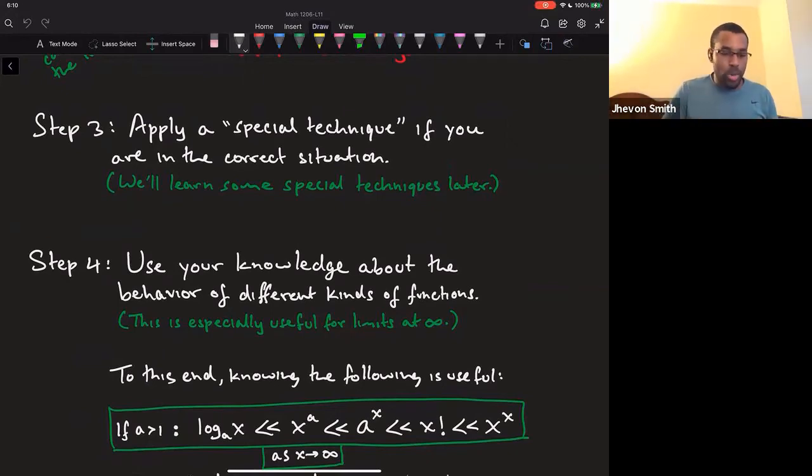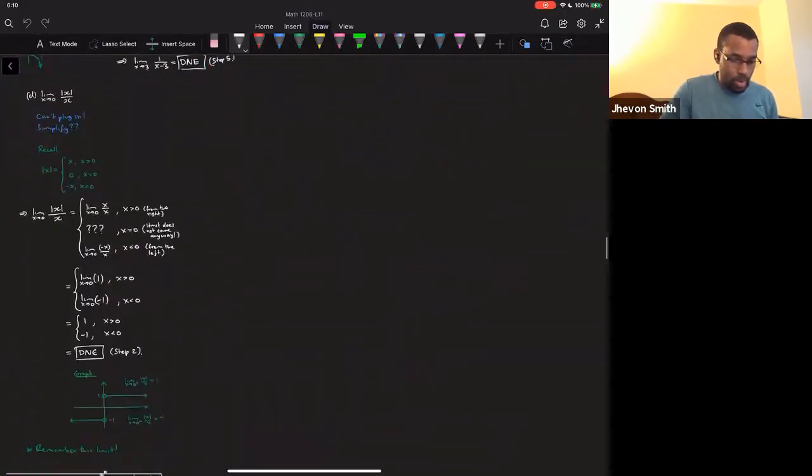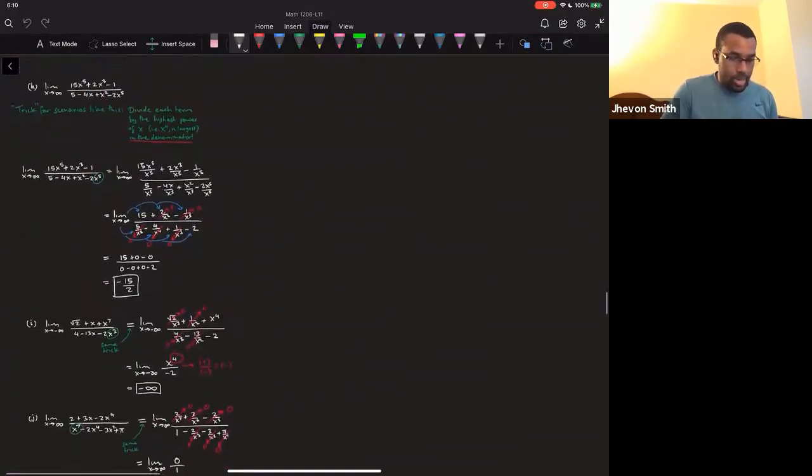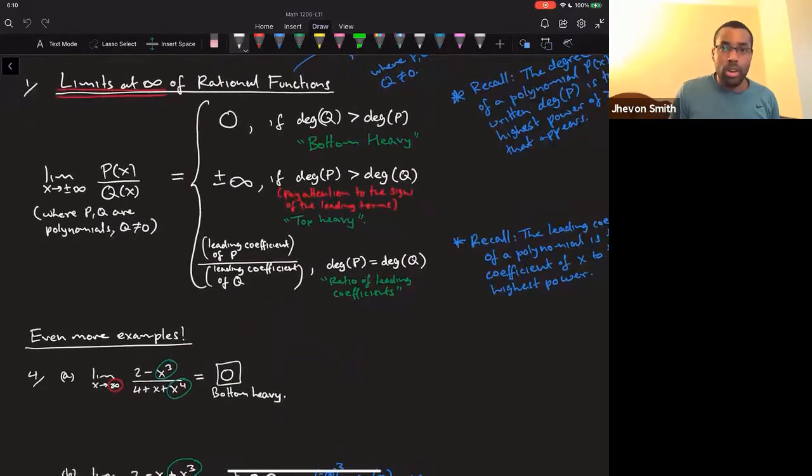And in step 3, we had several special techniques. By the way, we're going to get some more. We had the limits at infinity of rational functions. If you have a ratio of polynomials, you can figure out what's going on based on the powers in those polynomials. If the highest power is on the bottom, it's going to go to 0. If the highest power is on the top, it's going to go to plus or minus infinity. Just make sure you check the signs. If the highest power is the same on the top and bottom, it will go to the ratio of leading coefficients. So that was one